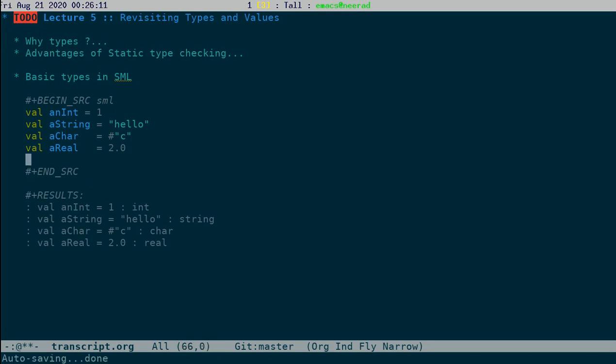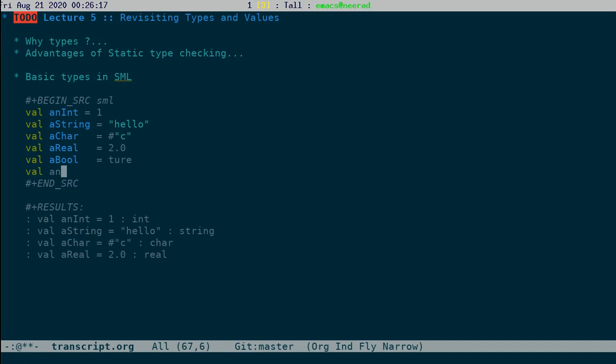We also have booleans, which is true or false. So these are some of the basic types of standard ML. There are other basic types, but for the time being let's not bother about them.